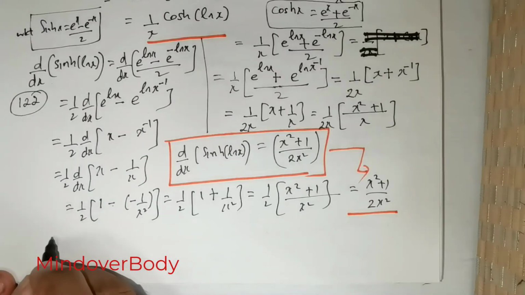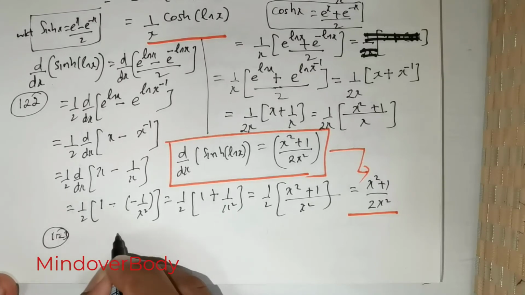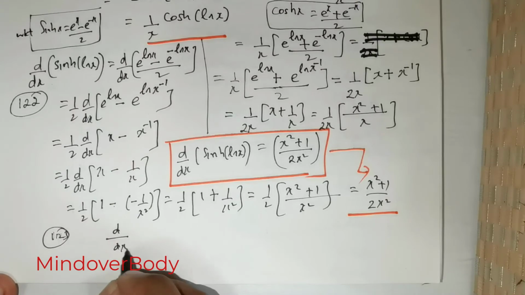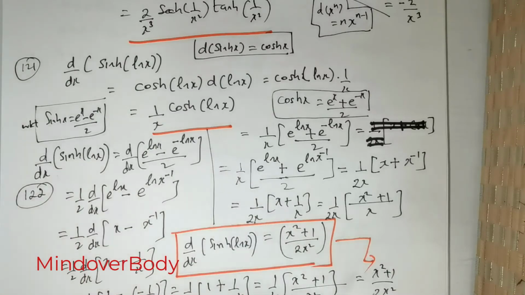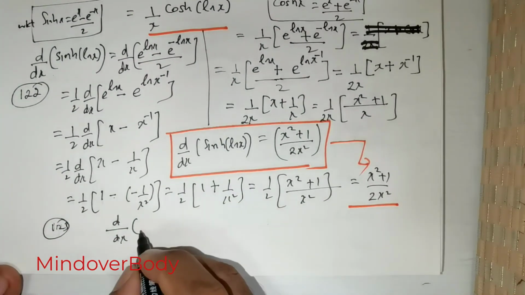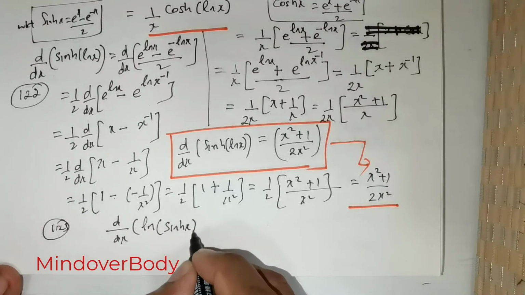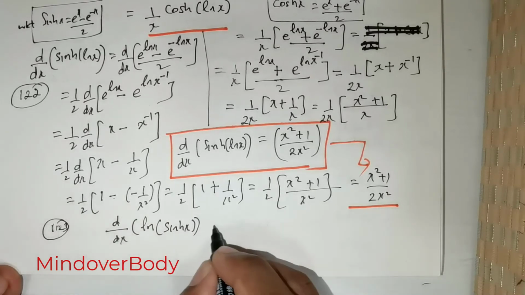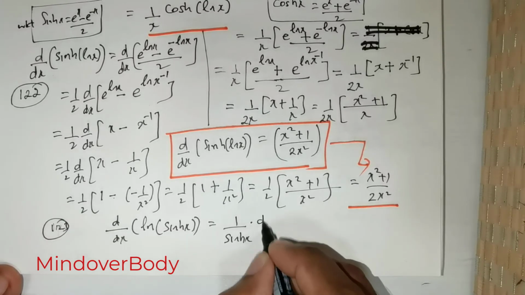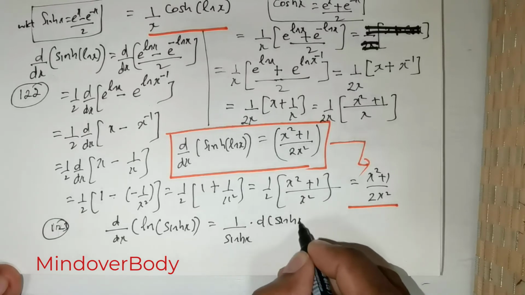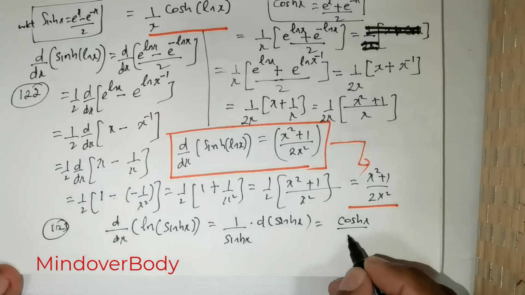Okay students, I want to utilize this space here, 123. So we expected to differentiate d over dx of, we actually did sinh of ln x, right? So now what I will do is I want to know what is ln of sinh x. So differentiating this would give me 1 over sinh x times differential of sinh x. Differential of sinh x is cosh x. I already have a sinh x here,